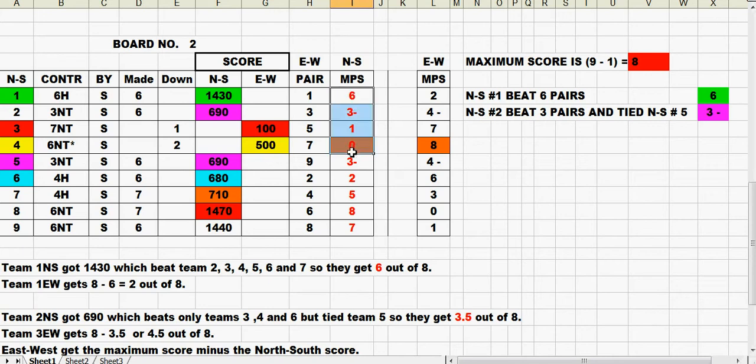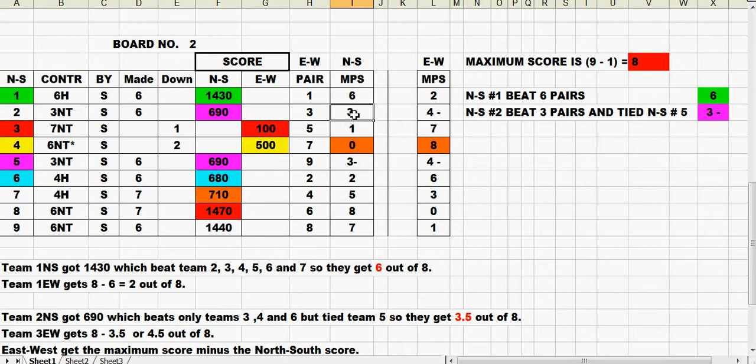If you get a 0, then the other team gets the maximum score. Anyway, getting back to Team 5, they got the same score as Team 2, so they get